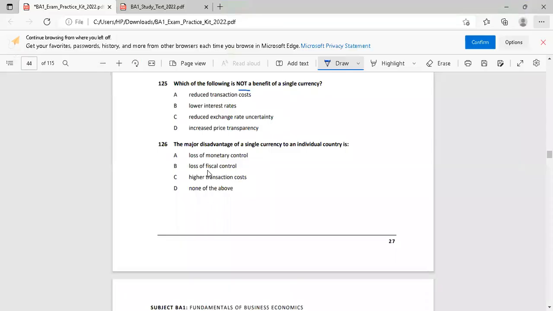So, which one can be taken as a disadvantage, not a benefit? Reduced transaction cost is a benefit. Then we see lower interest rates, reduced exchange rate uncertainty, increased price transparency. The increased price transparency and reduced exchange rate uncertainty, these two are also advantages. Lower interest rates, that is not a benefit. The major disadvantage of a single currency to an individual country is a loss of